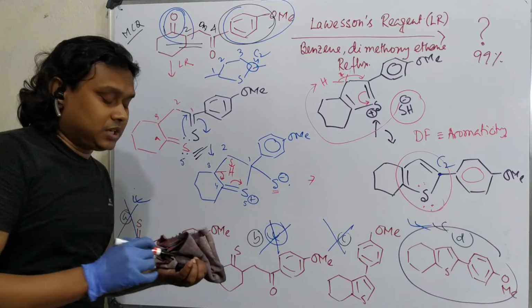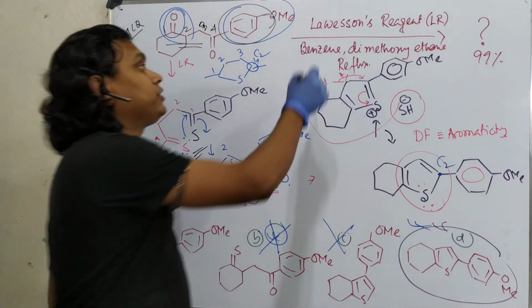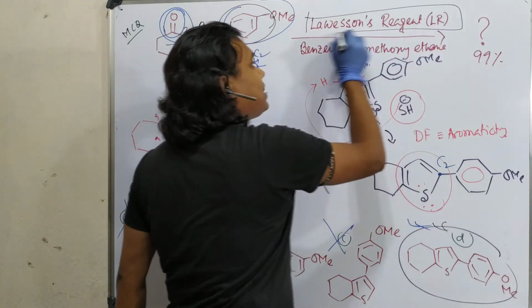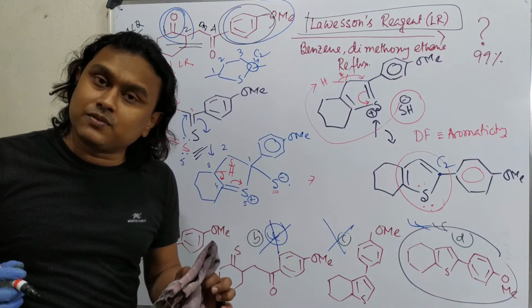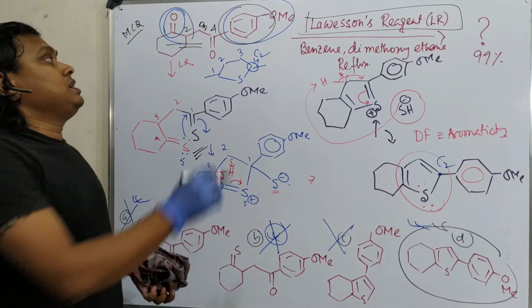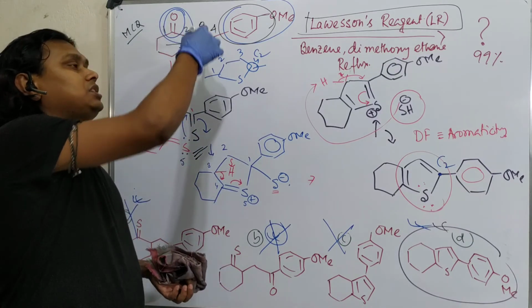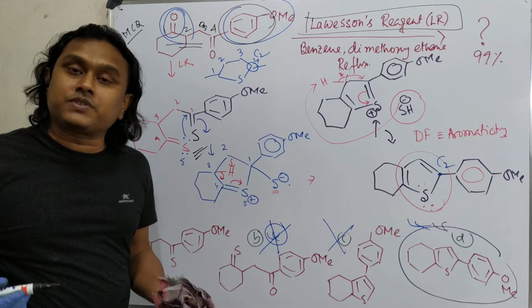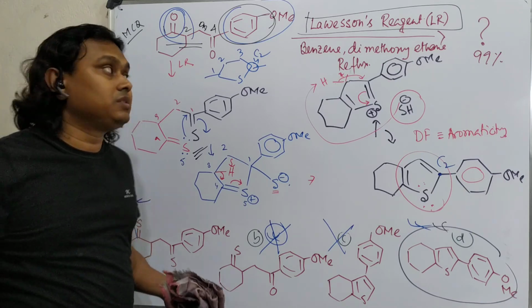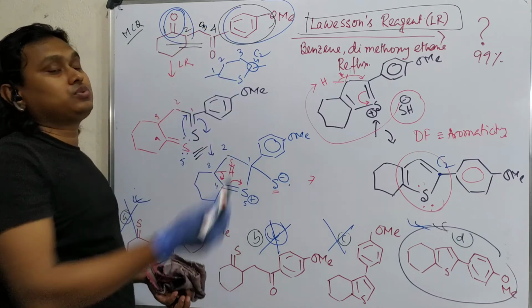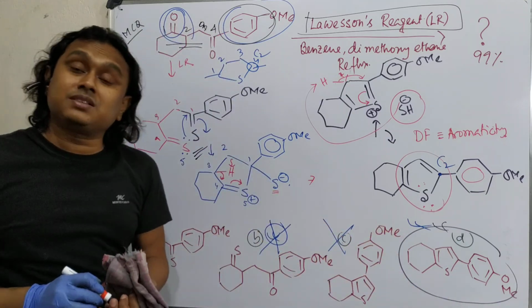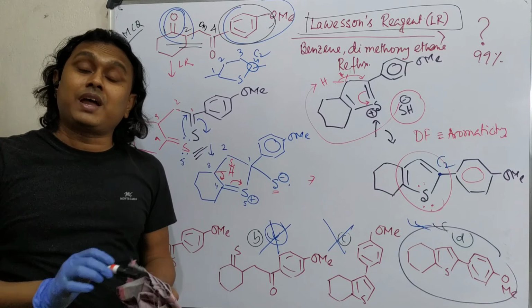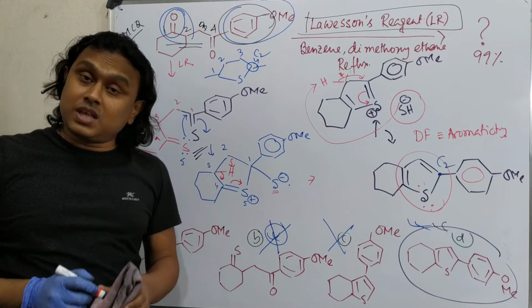And for that purpose, what knowledge do you need? One, information: what is Lawesson's reagent, or what is DAR. What this reagent does is it converts a carbon-oxygen bond into a carbon-sulfur bond. And another thing, a 1,4 dicarbonyl derivative with sulfur results in thiophene formation. And this substitution goes to the C2 position. Then it's fine. Your answer. Okay. So I believe in this way, in less than 30 seconds, you can end up at the right answer in the exam hall. So this is the end of this discussion.